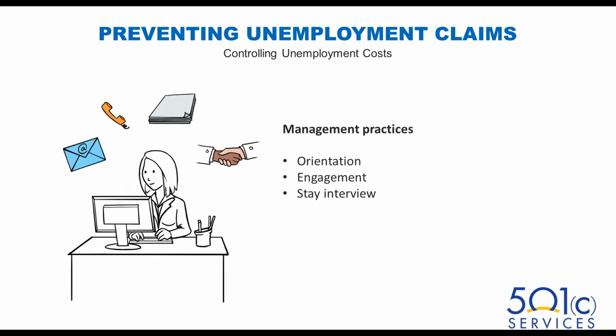Let's talk about good management practices through orientation and onboarding. One of the most important steps you can take to retain employees is to conduct a well-planned and thorough job orientation or onboarding. Effective employee onboarding makes sure the new hire feels welcomed, comfortable, prepared, and supported. And this should lead to the new hire's ability to make an impact within the organization, both immediately and over time. Hope is that this leads to satisfaction and the key word here, retention,